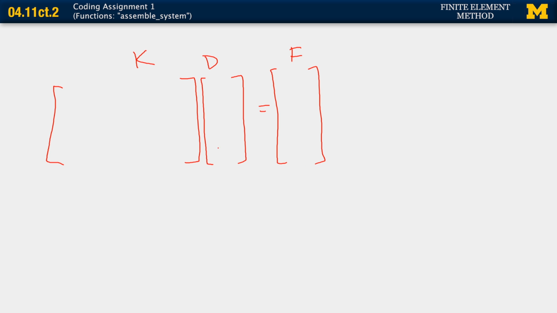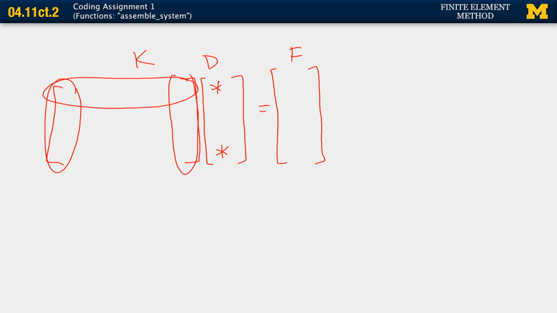If we happen to know the boundary conditions, if we had Dirichlet boundary conditions on these two nodes, then what would we do? We would actually remove the corresponding rows and columns of k. We'd also remove the corresponding entries in f,